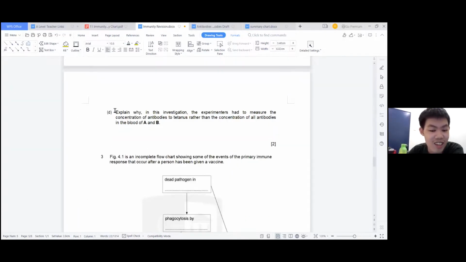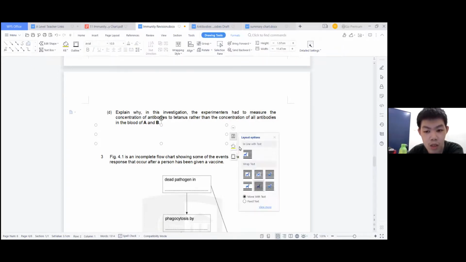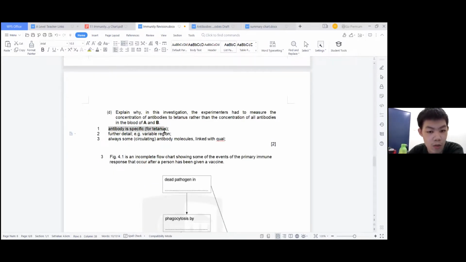Okay, explain why in this investigation the experimenters measure the concentration of antibodies for tetanus rather than the concentration of all antibodies. You will say that the antibody is specific for tetanus. You can give further detail about the variable region, which is the antigen binding site. You can also say that there will always be some other antibody molecules that are circulating